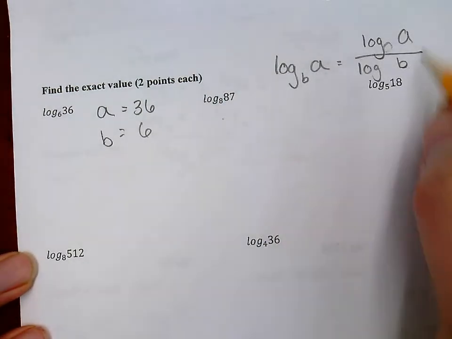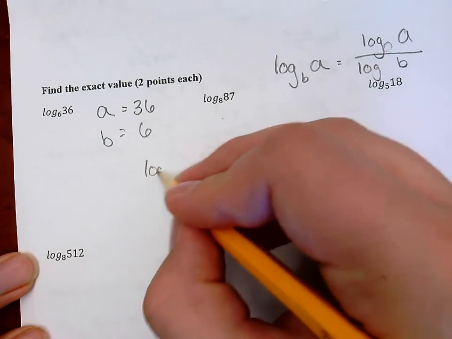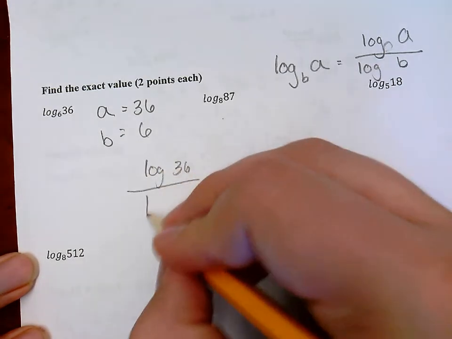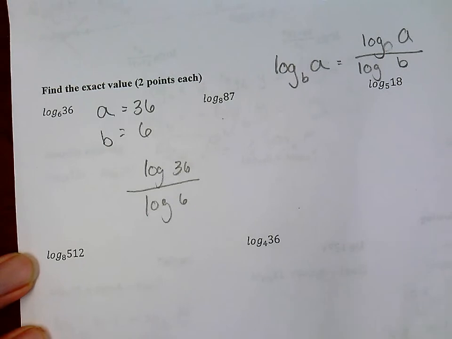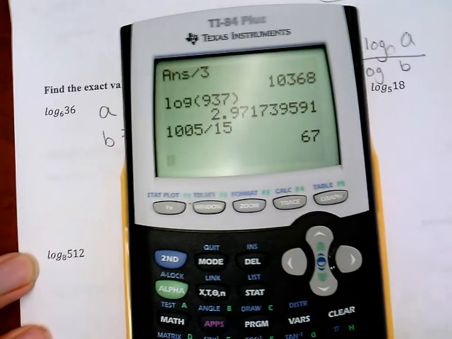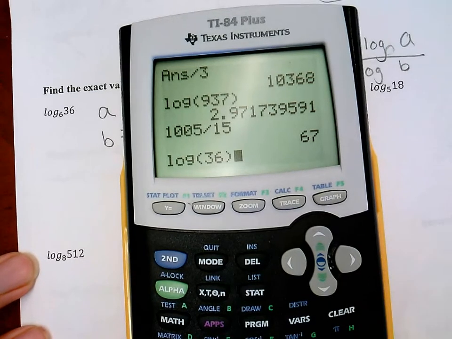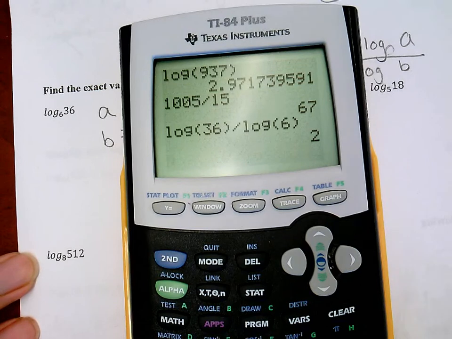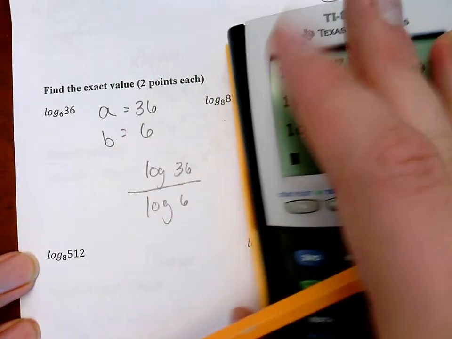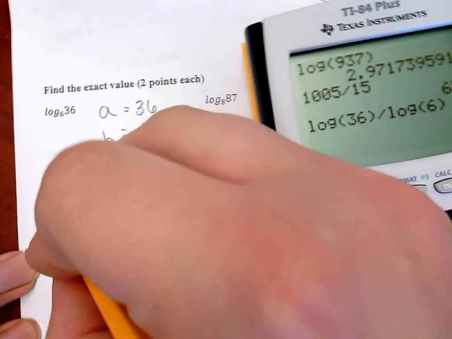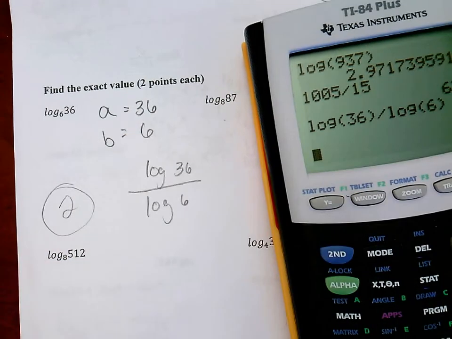So in this case, I'm going to take the log of a, so that's the log of 36, and divide it by log of 6. And so I can just put that in my calculator. Log of 36, close the parentheses, otherwise your calculator will get confused, divided by log of 6, close your parentheses. And you get the answer 2. Normally you guys will get a decimal, but in this case it worked out good. So the answer is 2. And that's everything for